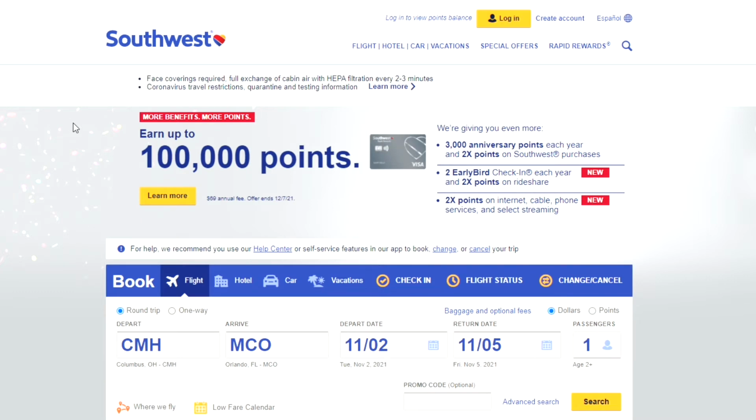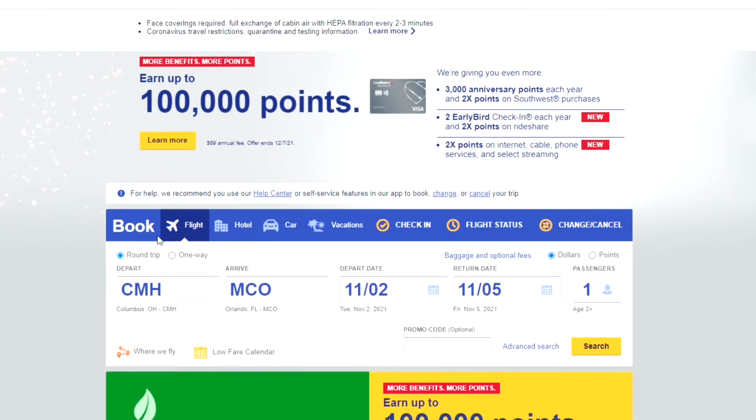right now. At the top here, you'll see some important information that Southwest Airlines wants you to know. And then you'll usually see a promotion or airfare special that Southwest will usually put in this area here. But we want to go down to book, and we want to make sure the flight is selected. Now you can also book a hotel or a rental car or even a vacation package through Southwest. But for today, we're going to focus on the flight portion of booking a flight, which is what this video